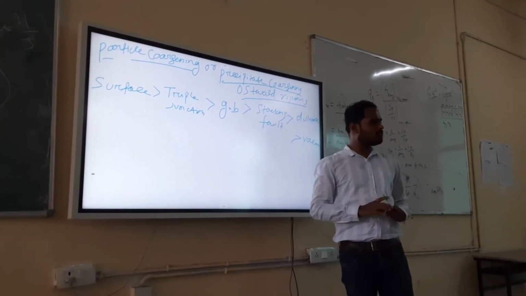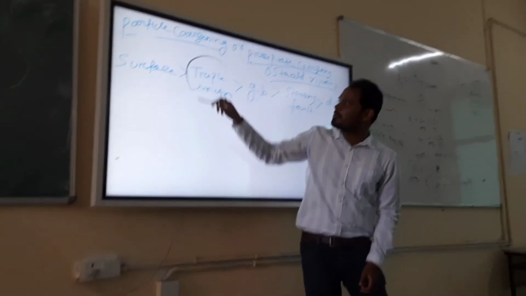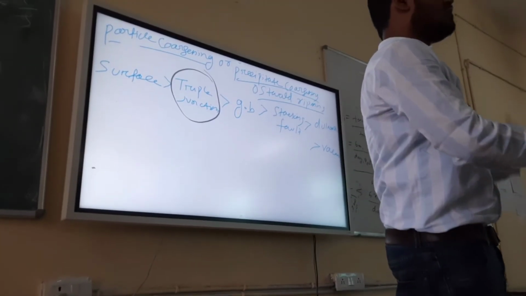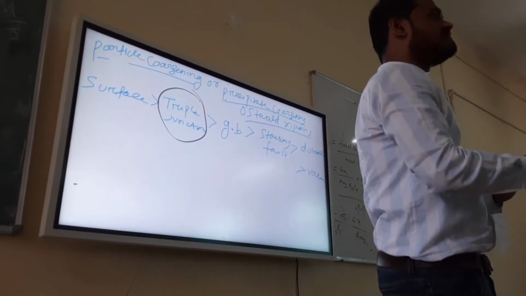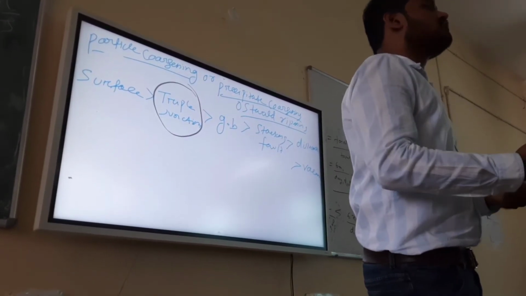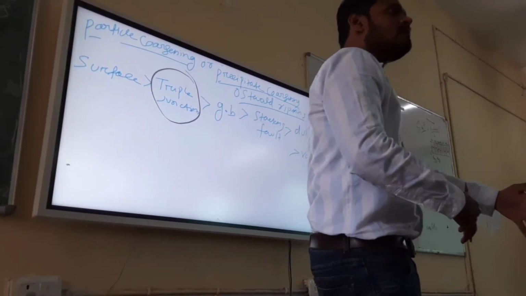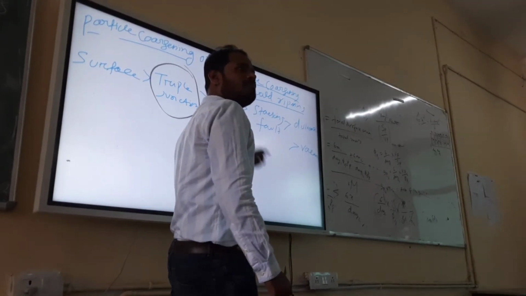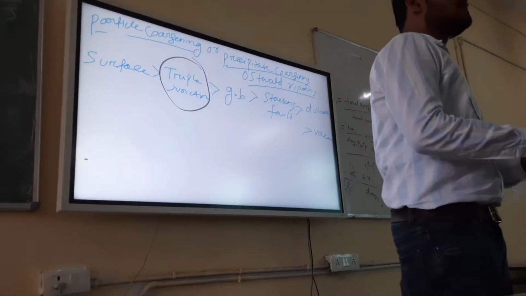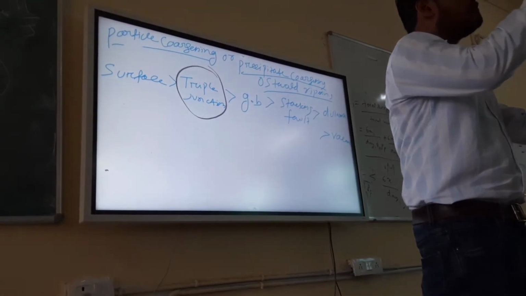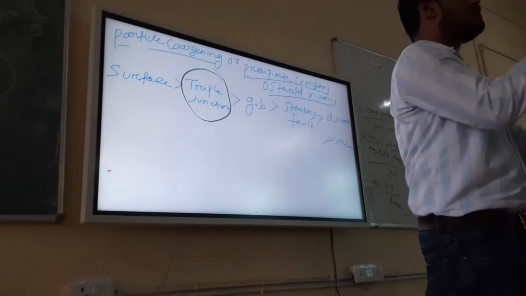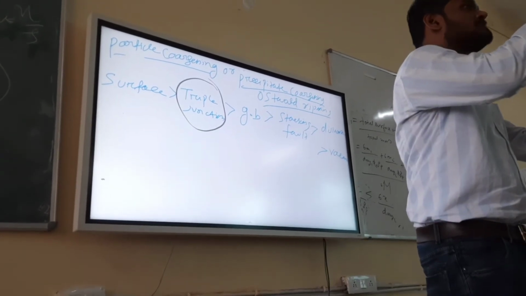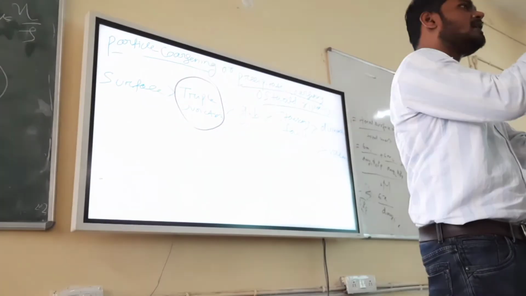You understood what I say? Suppose all the triple junctions are covered with precipitate. That is called site saturation. Those sites are already saturated with precipitate. So if a new precipitate wants to form, where will it form? It will choose some other site where the energy is higher, so it will choose the grain boundary now. So first, you have nucleation of precipitate on the triple junction. Those precipitates will become bigger and bigger with time.